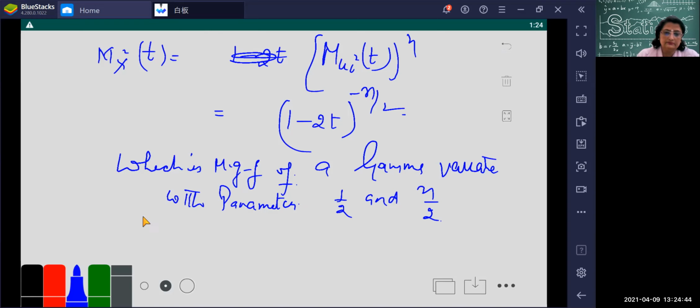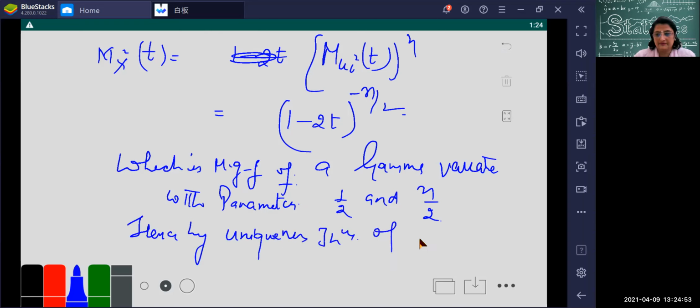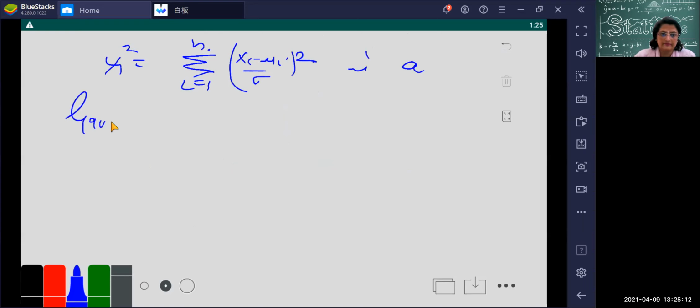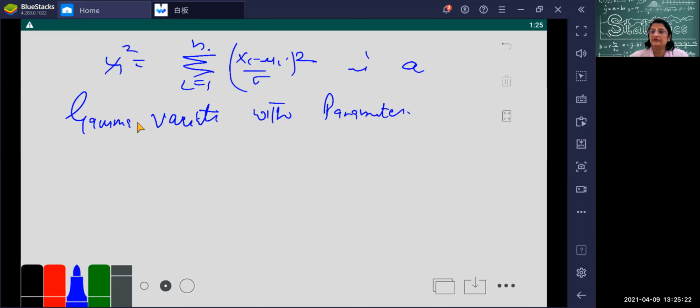Hence chi square is equal to the summation, i running from 1 to n, of ((xi minus mu i) upon sigma) whole square, is a gamma variate. Which variate has it become? A gamma variate, because its MGF matches that of a gamma variate with parameters 1/2 and n/2, and having the PDF,